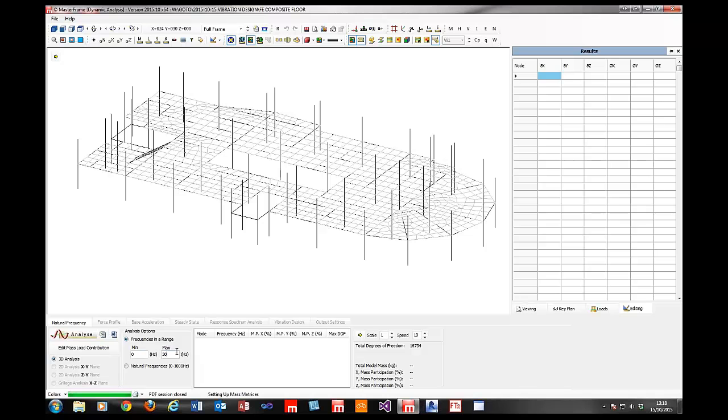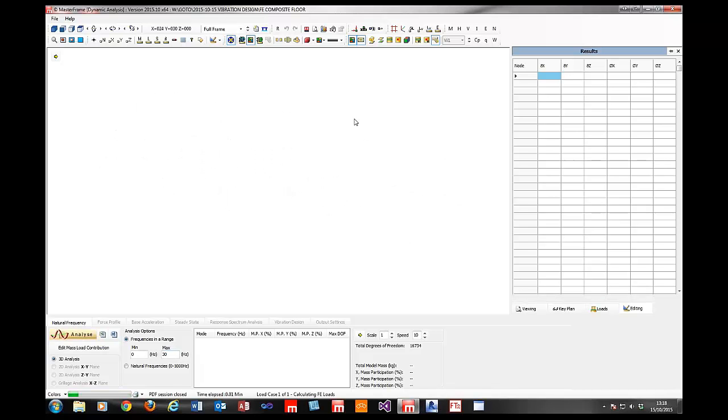Limiting the range of frequencies just to what you're interested in helps save a lot of analysis time and a lot of memory, and allows you to really get on with things a lot quicker. So let's click on the analysis button here to begin the process. And essentially this is going to fire up and kick off a little timer, and as I say, I'm expecting this to happen in about 40 or so seconds,